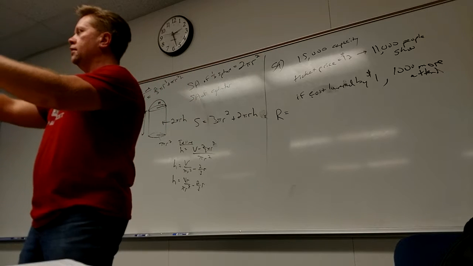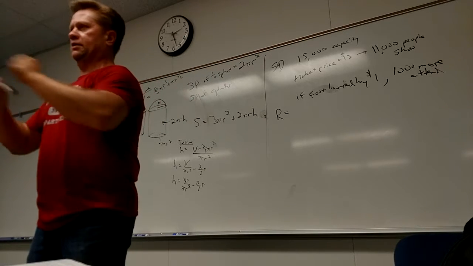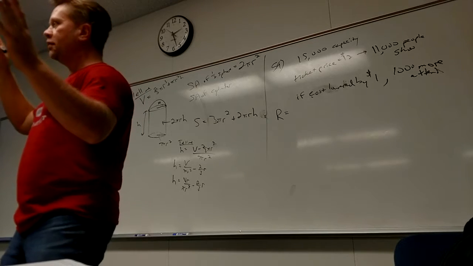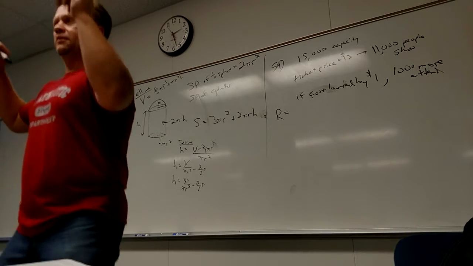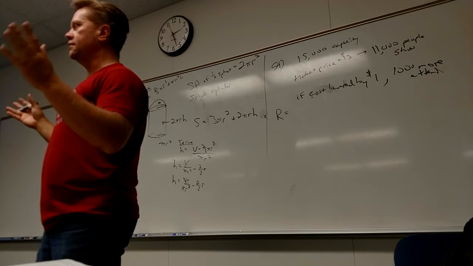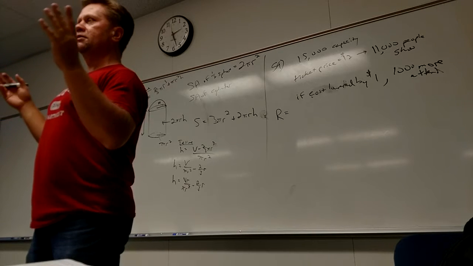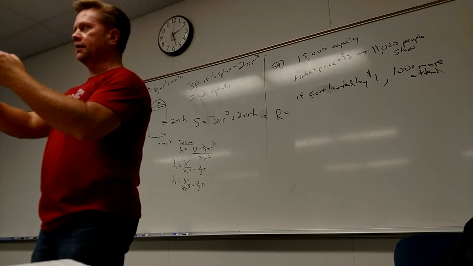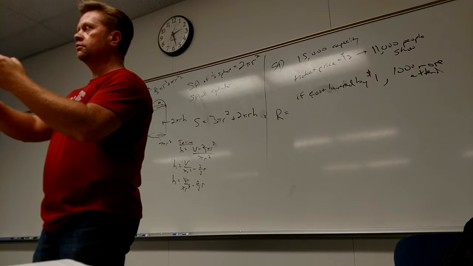Number of people, right? In fact, what's the revenue going to be? If they sold 1,000 tickets for $1 each, how much money do they make? $1,000. So if they sold 2,000 tickets for $3 each, they made $6,000. Well, how many tickets are they going to sell? I don't know. So let's call that